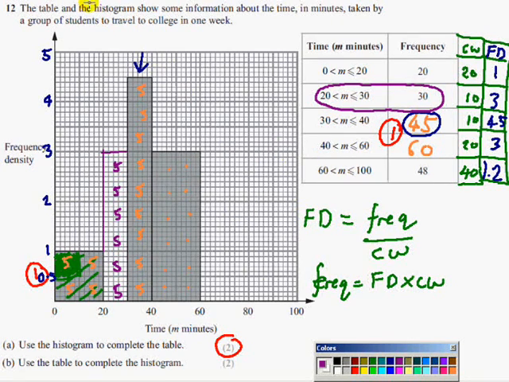Now the other one we need to draw is, I'll choose another colour. Let's try a bit of pink. So from 60 up to 100, it's 48 people. Now you see, that's where you can't do it with the 5, 5, 5 boxes anymore. So we've worked out frequency density and the class width. So the frequency density is 1.2, and 1.2 is here, and it has to be from 60 to 100. So let me get my ruler. So you need to draw up to 1.2 frequency density,